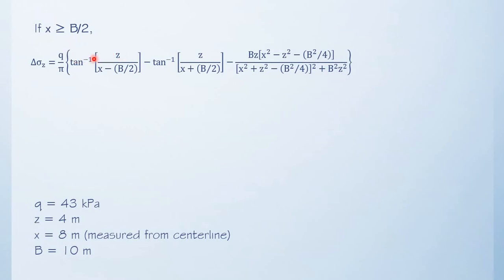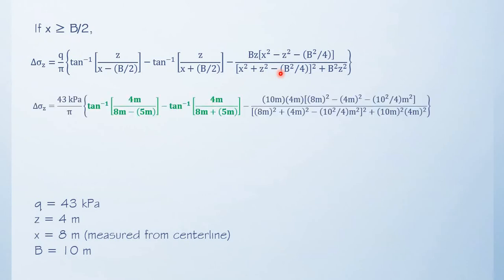We observe that all the parameters from the equation are given. We know the value of Q, it is 43. We know the value of Z, which is 4 meters, the value of X, which is 8 meters, the value of B, which is 10 meters. And then all the parameters are repetitively used in the equation. So therefore, we can simply directly substitute the given parameters. However, we have to take note that the quantity in arctangent must be converted to radians form. Simplifying,